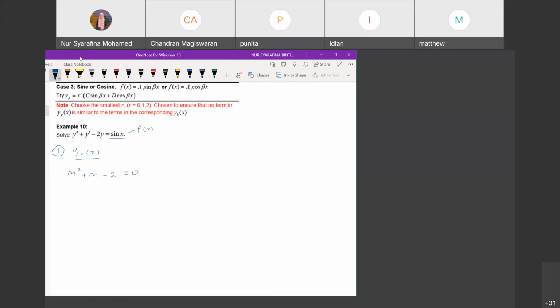Here you will have m equals minus 2 and 1. What are the types of roots here? This is real and distinct, so your yh equals,